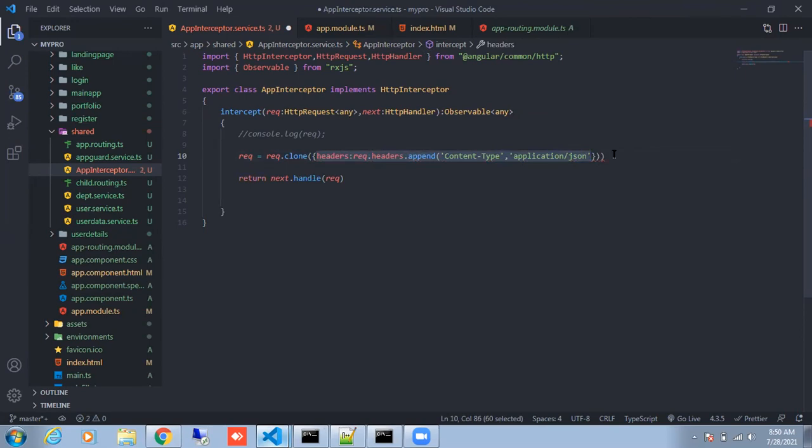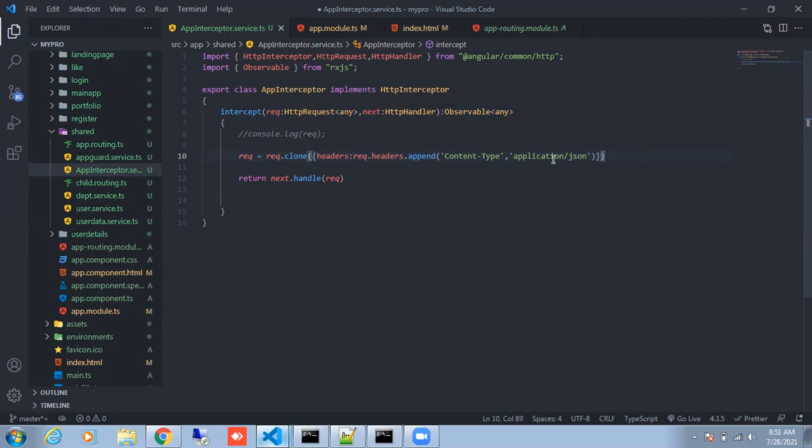See, application JSON has to be closed first with the round brackets, then the curly braces will come. After the clone, when you have the round brackets, then you have to start curly braces here, and close it between these two round brackets. Are you getting it now? Clear?